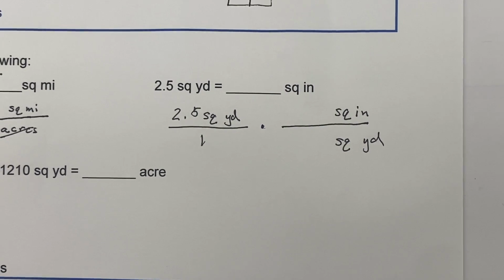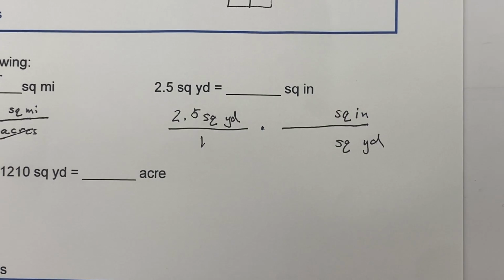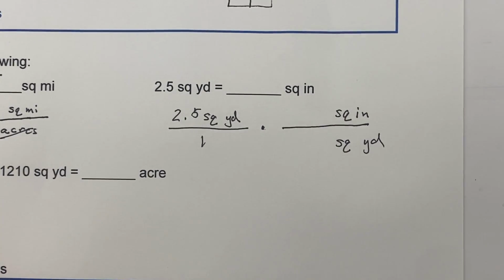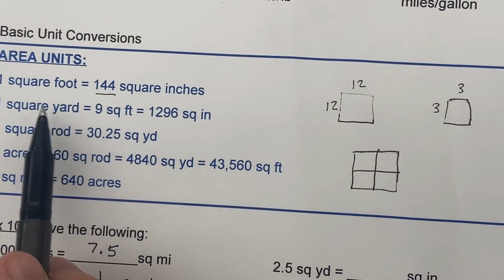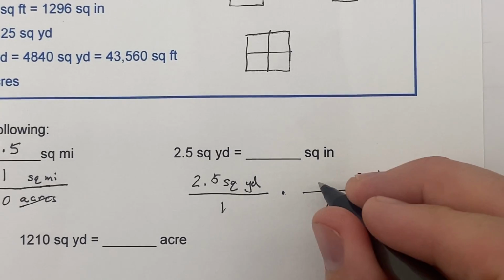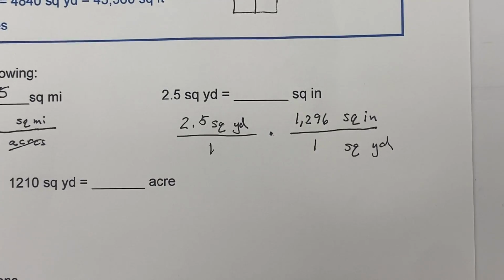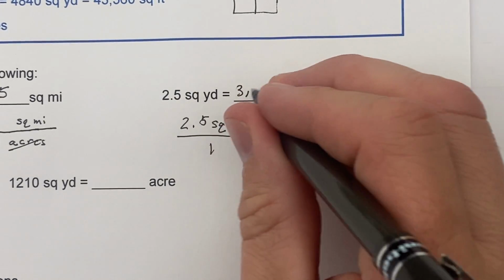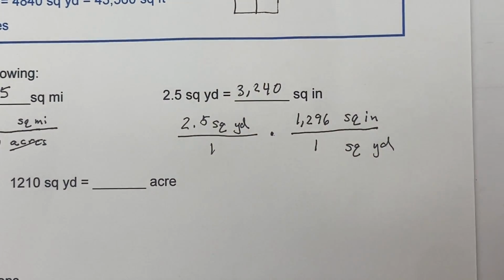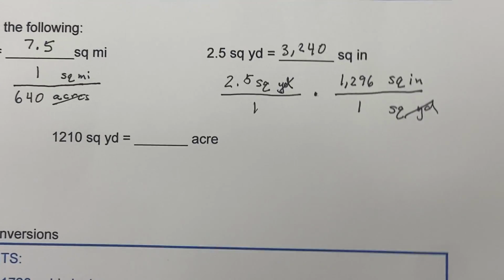2.5 square yards. Again, square yards need to go down below. How many square inches in a square yard? 1,296. There it is right there. Okay, that matches up with your 1 square yard. So yep, it's all of that. Seems like a big number, but it is what it is. 3,240 when you multiply those two together. Again, your yards cancel, leaving you with your square inches. Last one,